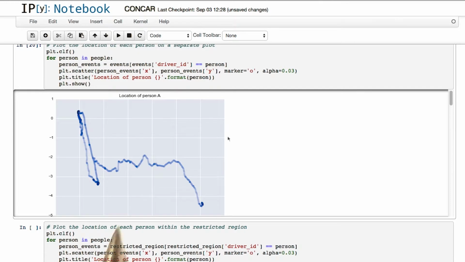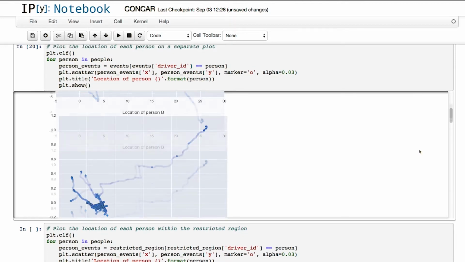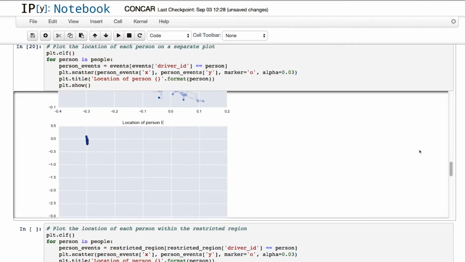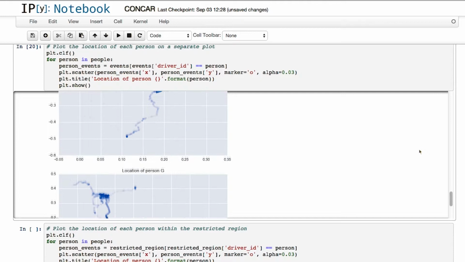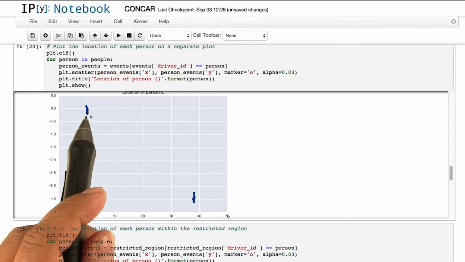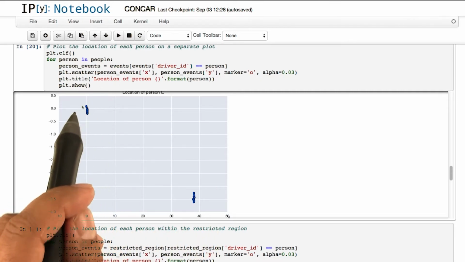In this case, we're looking at the location pattern of person A. We can try to scroll down to look at the location pattern of the other people in the data. This is the location pattern of person B, person C, D, E, F, and G. Notice for person E, the location patterns are clustered around 2 very disjoint points. In this case, we are certain the scaling will work to reveal to us a much better pattern in this